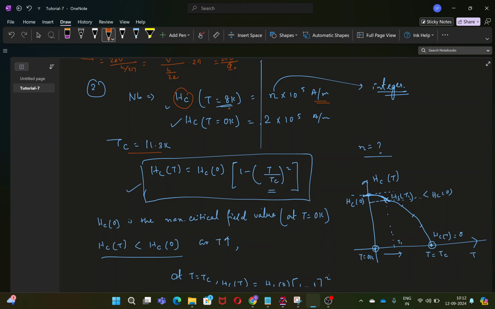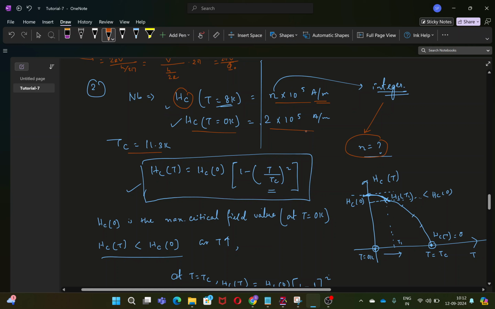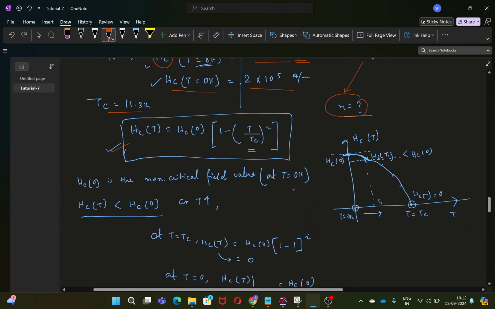So at T equal to 8 Kelvin, the critical field value is this, where the n value is unknown and we have to solve. n is an integer. And for T equal to 0, Hc is given as 2 into 10 to the power 5 ampere per meter. For this, we'll have to use this expression: Hc(T) equals Hc0 into (1 minus T by Tc) whole square. So this is the expression for critical field for superconductors, and the graph is something like this,